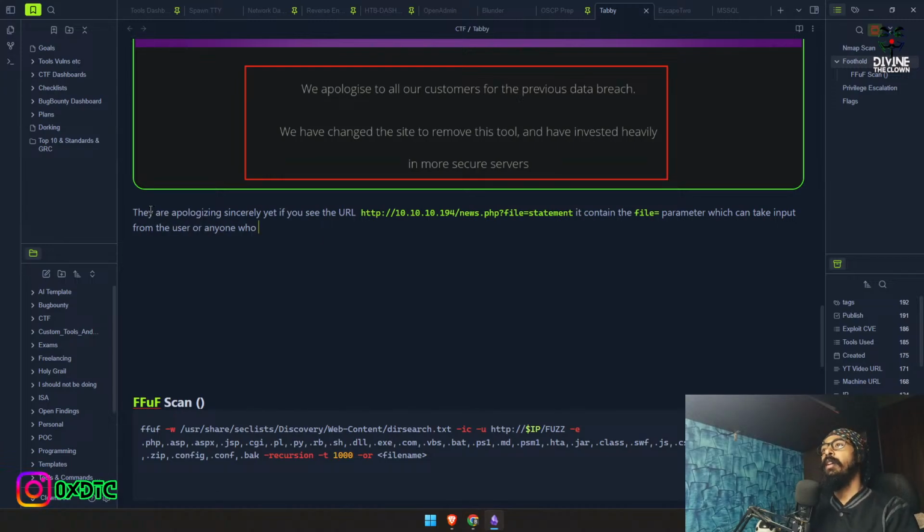Okay, so they are apologizing sincerely, yet if you see the URL, we got the parameter, which can take input from the user or anyone who